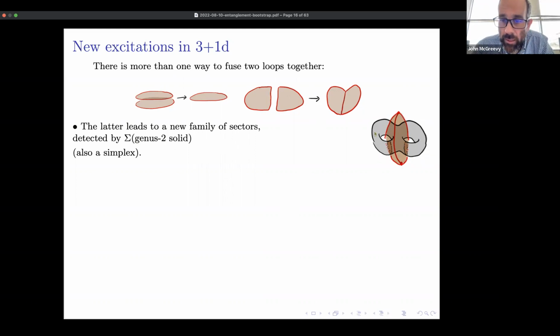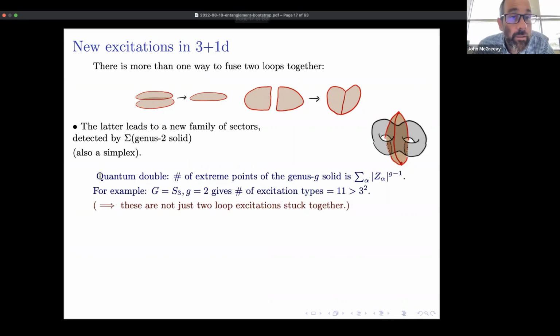So by that, I just mean the inside of a genus 2 Riemann surface. And you can see here that its complement is homotopic to this red curve here. And this information convex set is also a simplex. And you can see that it's not just sort of 2 loops stuck together.